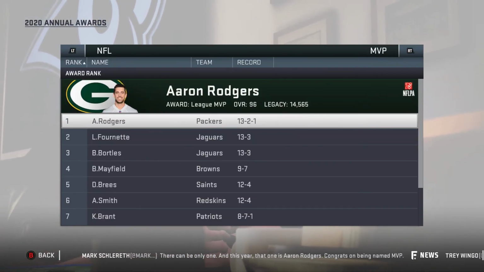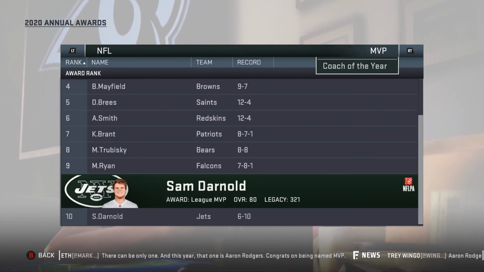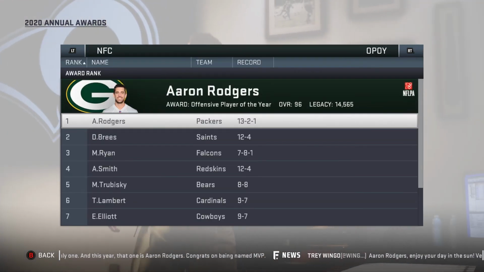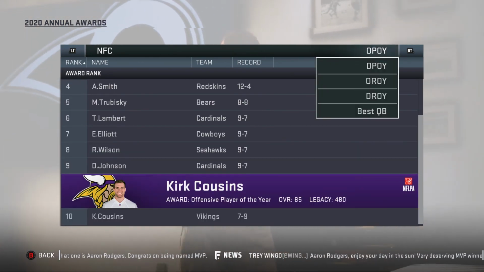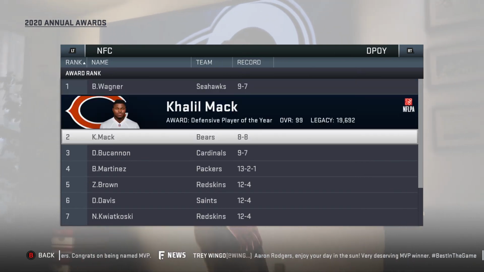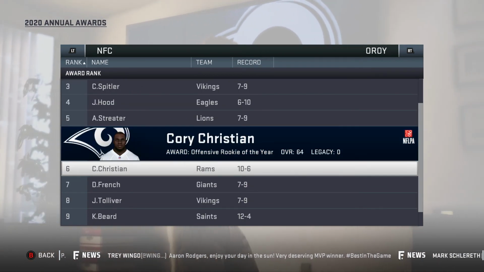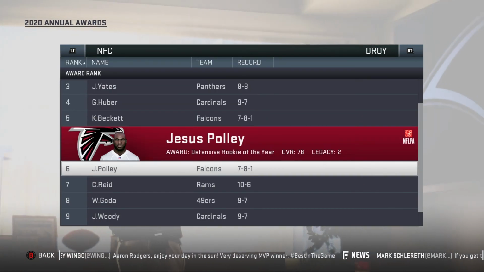MVP goes to Rodgers, Aaron Rodgers, with none of our players getting on the list there. Coach of the Year went to Thomas Peter, that's okay. Sean McVay at number 7, if you can see there. NFC Offensive Player of the Year, of course, went to Aaron Rodgers, with us not even making the list. Defensive Player of the Year went to Bobby Wagner, with again none of our players on there. Rookie of the Year we had Corey Christian get in number 6, and defense we had Corey Reed come in